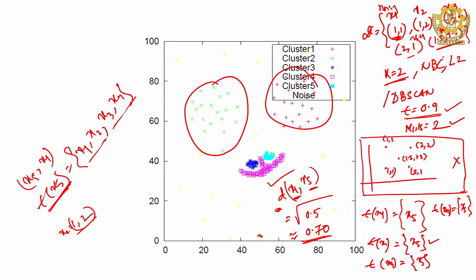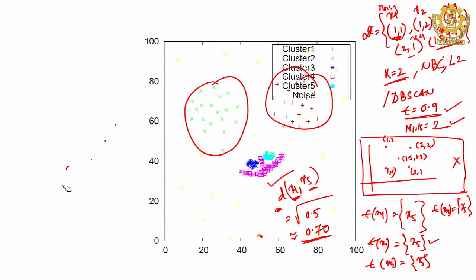Now, you apply NBC with parameter k equal to 2. So, what do you have to find? First, the first point is x1, you have to compute NDF of x1. To find the NDF of x1, you have to find the reverse k nearest neighbor of x1, and to find the reverse k nearest neighbor of x1, you have to find the KNN of all points, with k equal to 2.